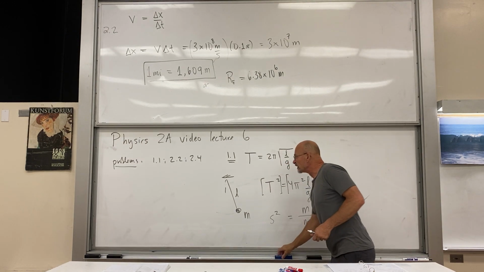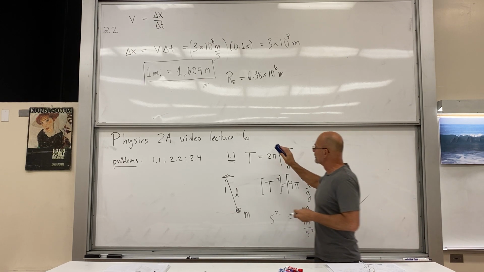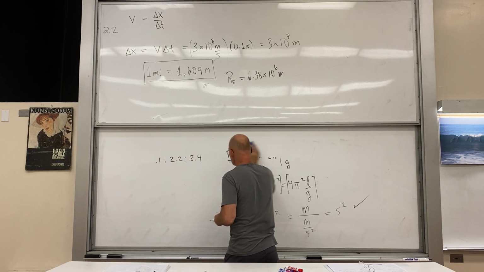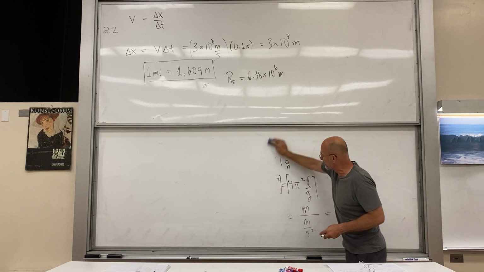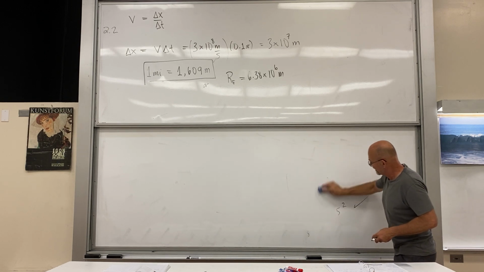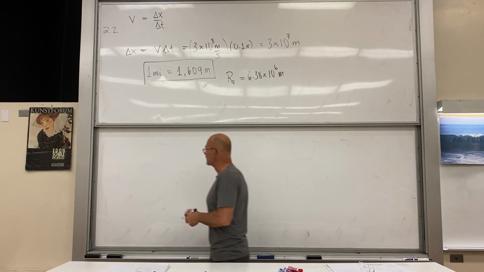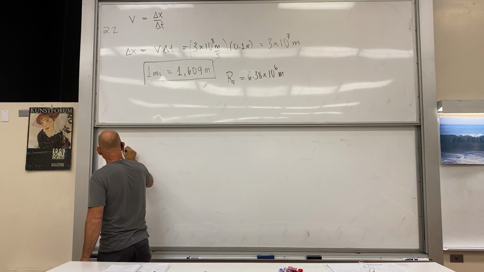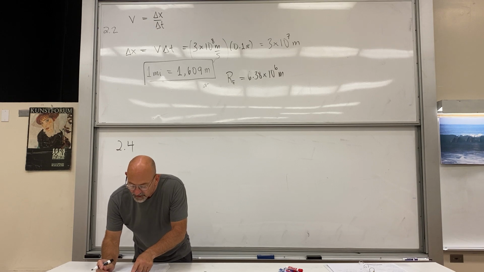And the last one addresses the difference between speed and velocity. So this one's useful for us to talk about. So speed is distance per unit time. Velocity is displacement per time, and so there's a difference. So this is chapter 2, problem 4, and the question is, a football player